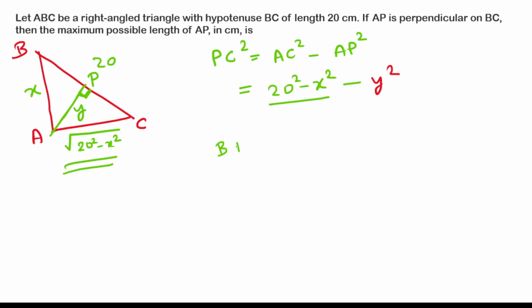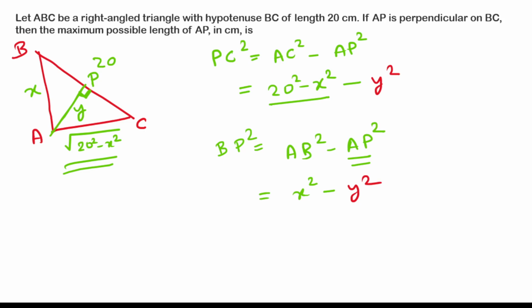Now let us look at BP. So BP square is simply what? AB square minus AP square, right? Now AB square is what? AB square is simply x square, and AP square is simply y square, right? All right. Now you see